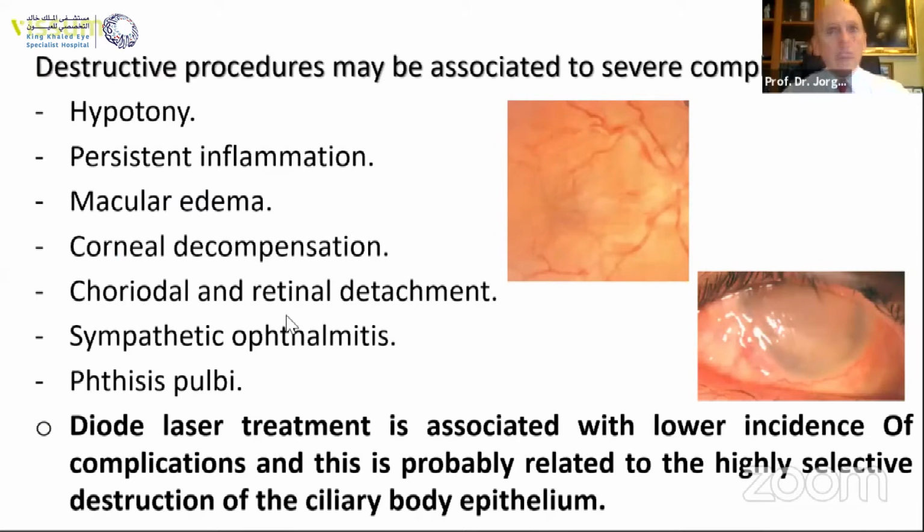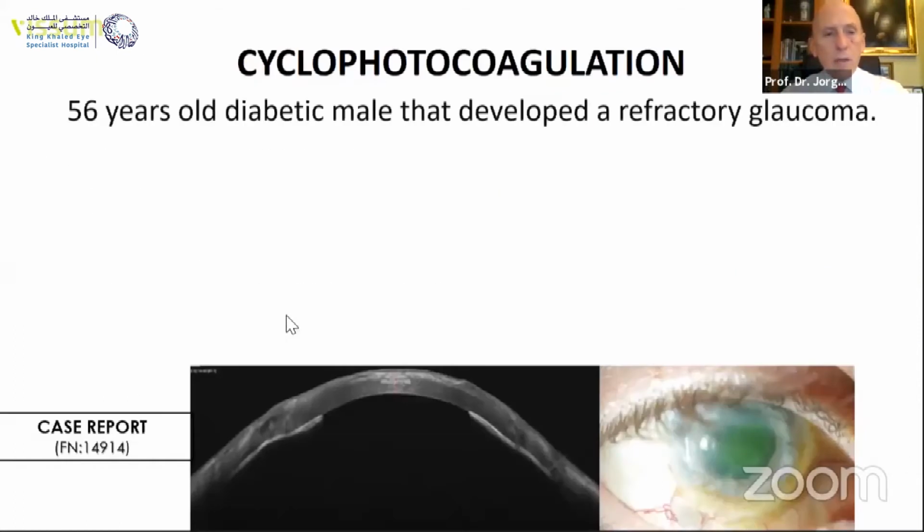So it's true that it's effective. It is true that the pressure happens to be controlled. Most of the times you need more than one procedure, but the problem is that you don't control the outcome. This is one case that gives you an example of what you should expect from these cases. This is a 56 year old diabetic male that developed refractory